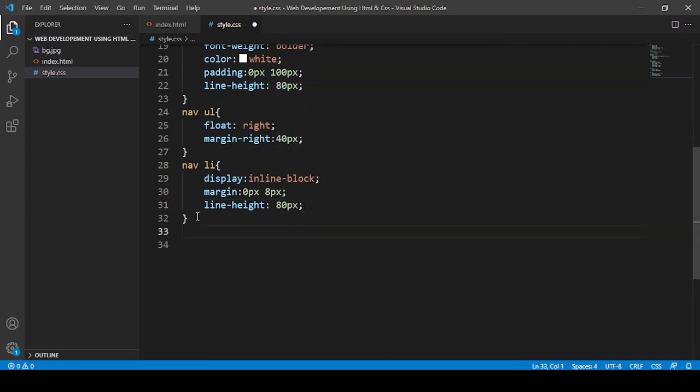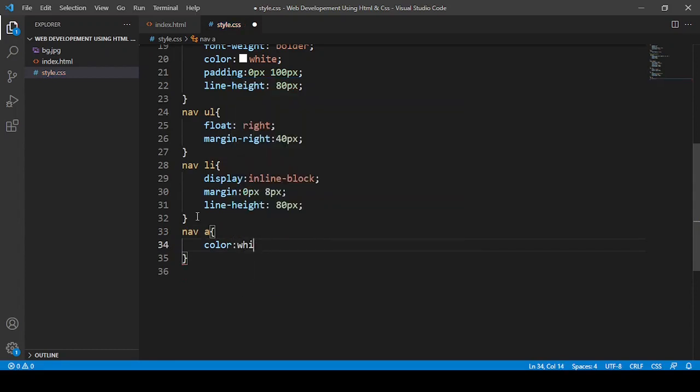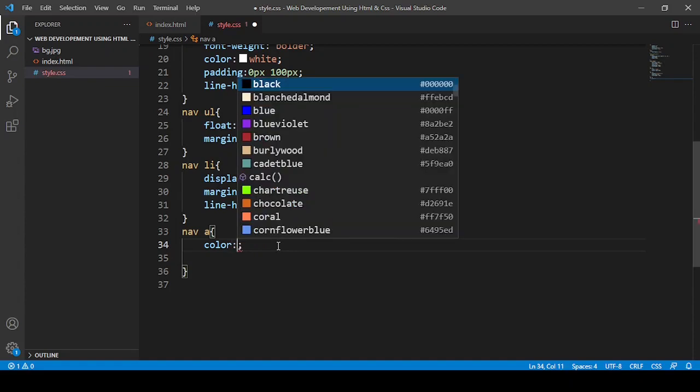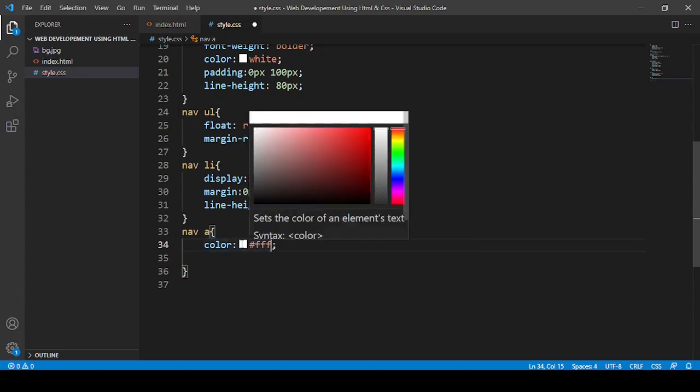Okay, and then I'm going to work with nav a, and in nav a I'm going to say color white. Instead of white you can also write hashtag fff, that also means white.